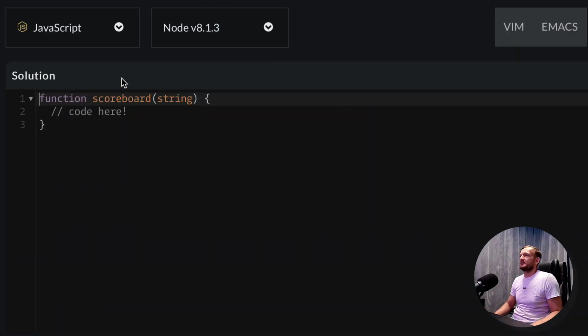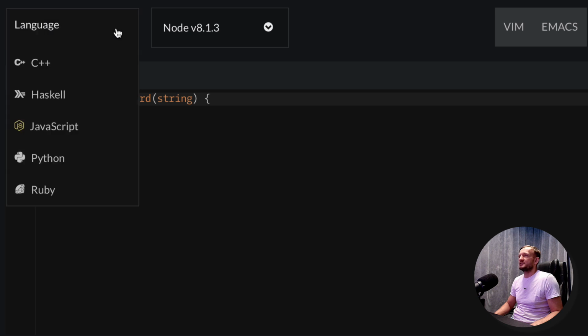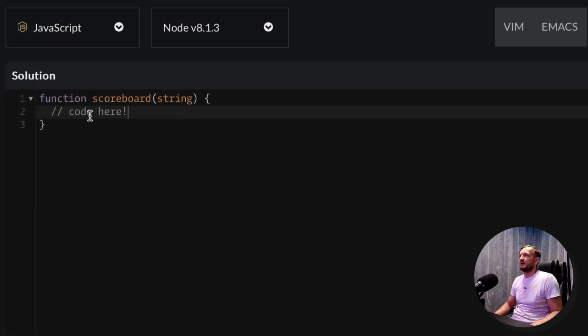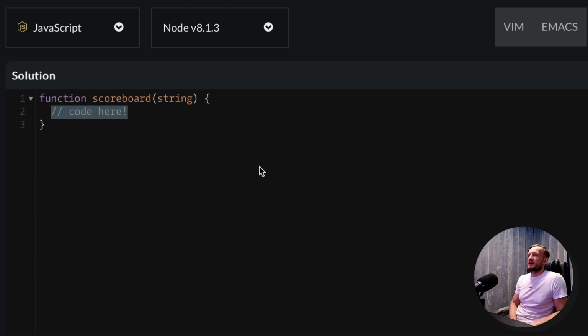Alright, so we are in the CODEWARS console. I will be using JavaScript, but you can use some other languages as well. So first of all, I think we would need some kind of a mapping table. So let's create ourselves an array where there will be this new